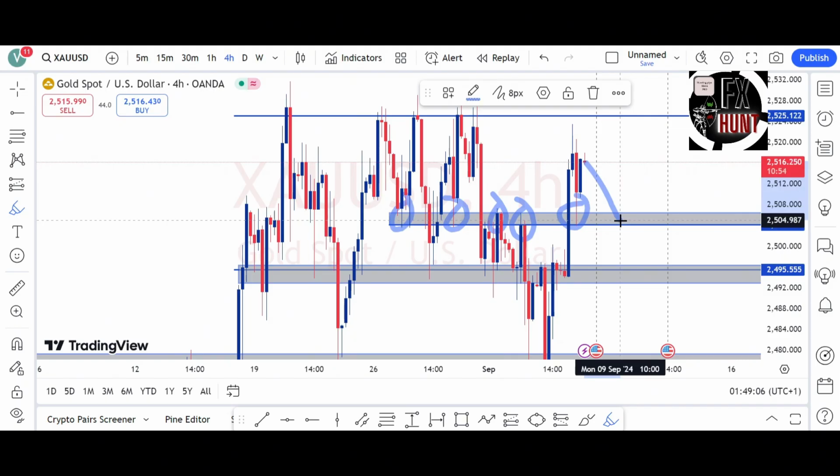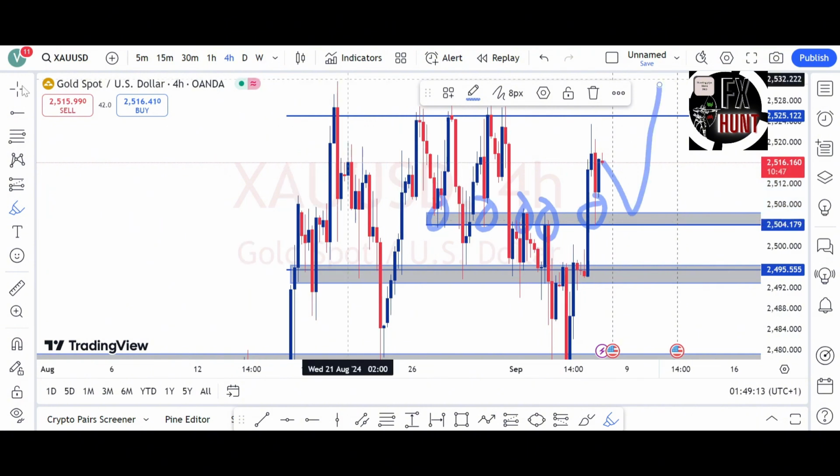We wait for the retest and then continue upward. So overall, we are still continuing the bullish move of the market. This is just a minor consolidation. This red candlestick you see here is just a minor consolidation. We are going to be waiting for a bullish